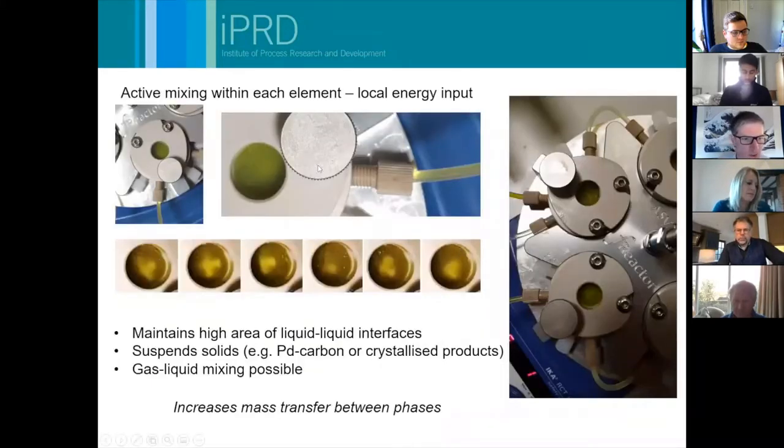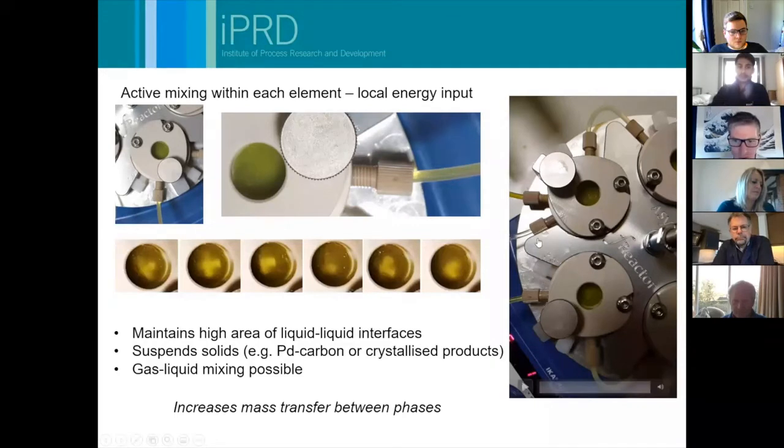Now, within our reactors, and one of the reasons we designed reactors was because we were particularly interested in multiphasic chemistry. And John will give you some of the reasons about why we're interested in multiphasic chemistry. But what we have within each reactor is active mixing. So there's a mixer that bounces around within the reactor, okay, and produces really good mixing between different phases of